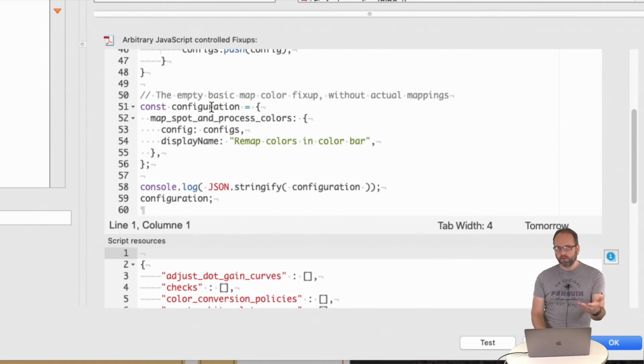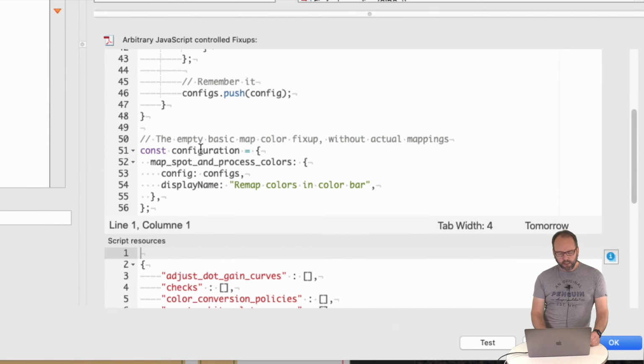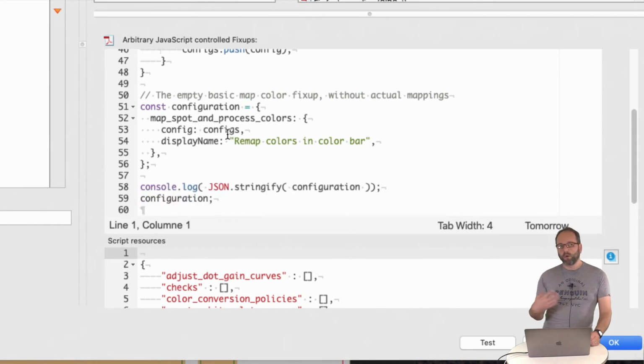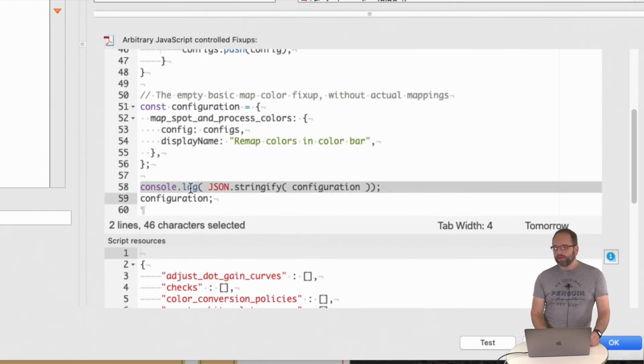So this is what is eventually passed to pdfToolbox. And then in that configuration, I build an array of configs, one for each spot color that I want to remap, and then a display name, and that's it. And that is passed to pdfToolbox. And then you can see, this is a little trick there. If you want to be able to see what configuration you're actually going to pass, then you can do things like just writing it out. And in this case, I wrote it out with a JSON stringify